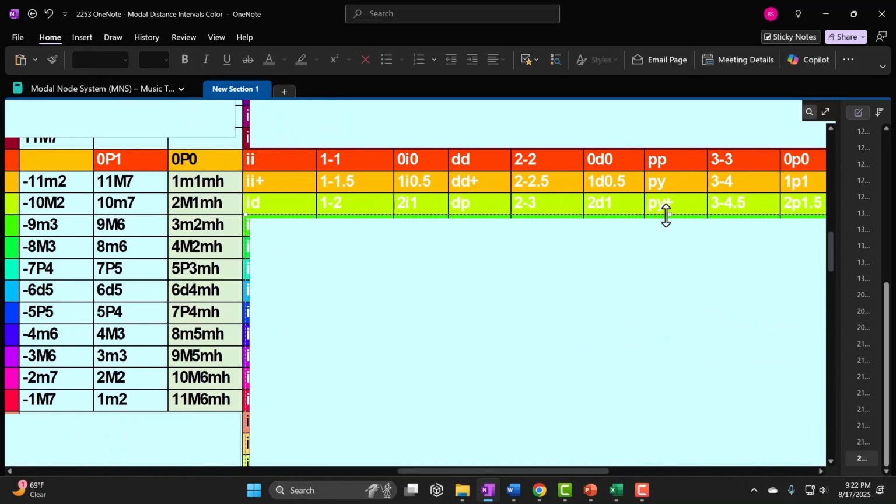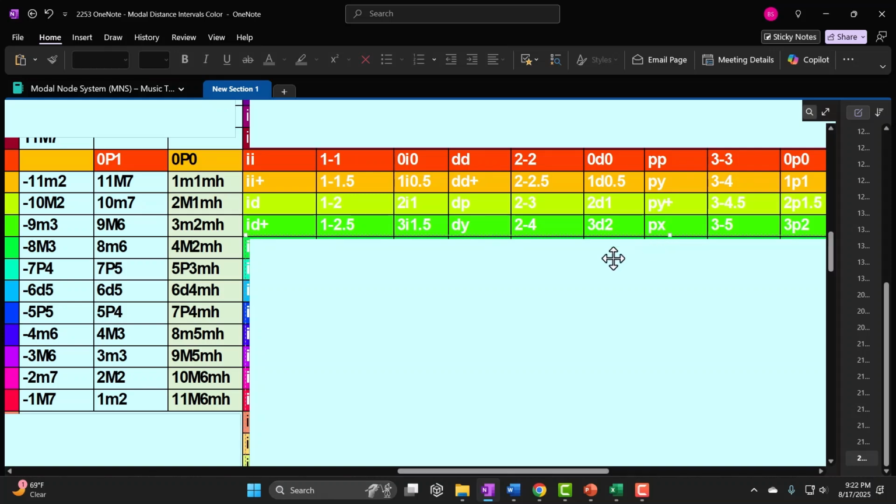So let's go up to the next one. If we go 3 up and we measure them, these are all going to be lime for our color, standing for 3 half steps. But if we go from the Ionian and we go 3 up, it's going to land us in the ocean. It's going to be an Ionian to the D plus or the Dorian Ocean, 1 to the 2.5 modal range,